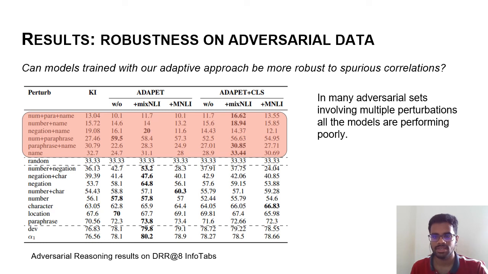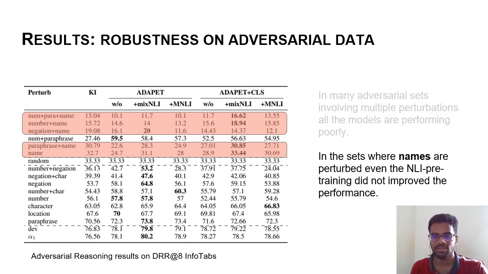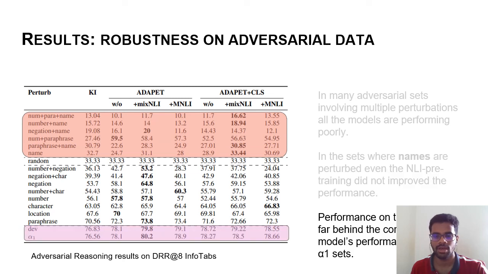In many adversarial test sets involving multiple perturbations, all the models are performing poorly, even worse than random guessing. In the test sets where names are perturbed, even the NLI pre-training did not improve the performance. Performance was even worse when compared to the performance on Alpha 1 and Dev sets. While our model's performance on the challenging adversarial test is lower than the benchmarks on input apps, we don't know